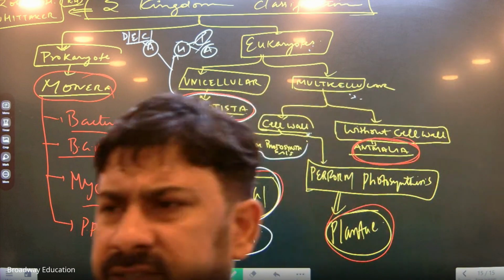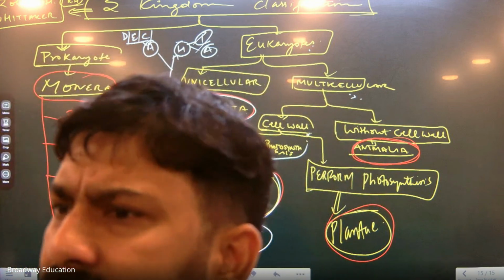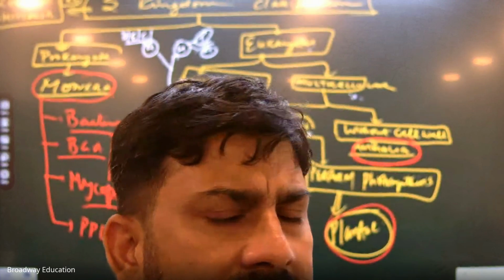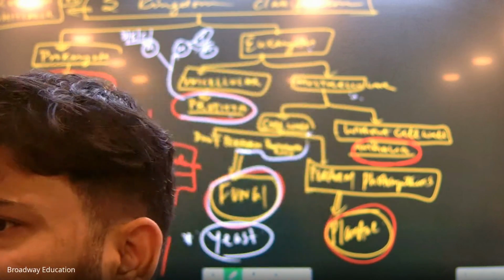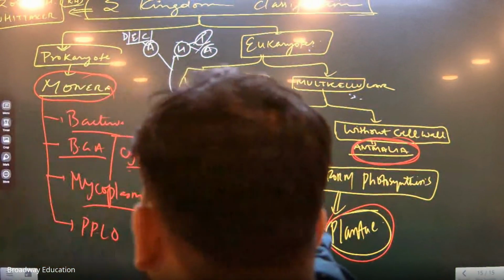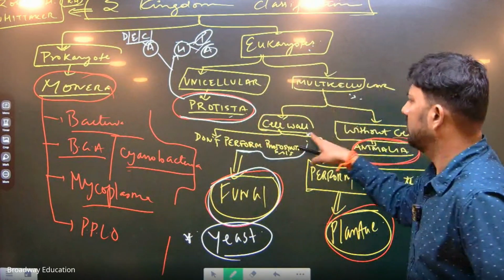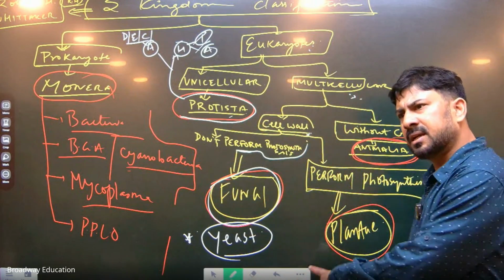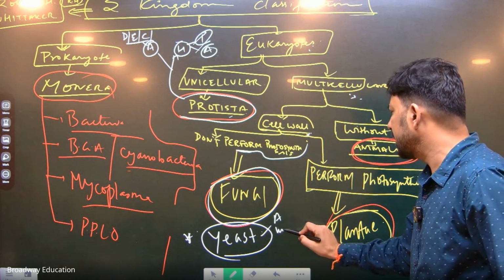In the beverage industries and all, in the food and beverages drinks, we use this. Clear? However, friends, one thing you please remember, this yeast is a unicellular fungi. It's not a multicellular. Is this part clear? Although we have put this in the multicellular branch. Yes or no? Yes. But this will be an exception. Clear? You can write it down. Yeast, a unicellular fungi.